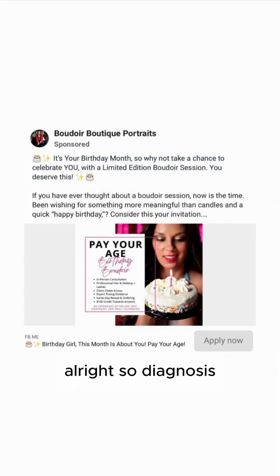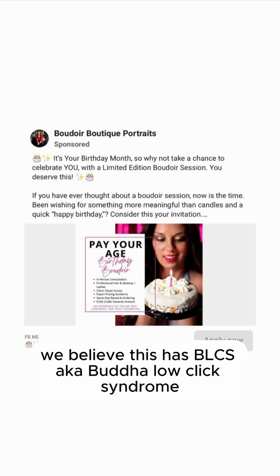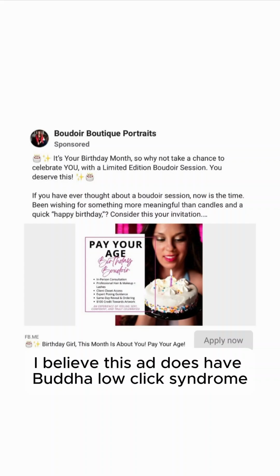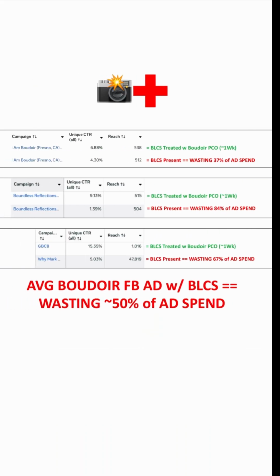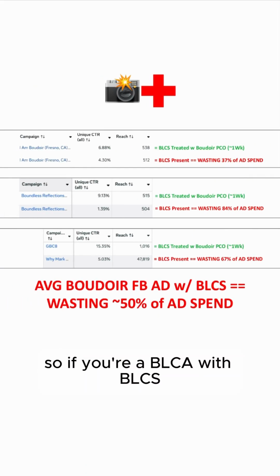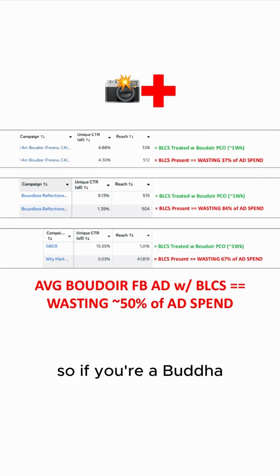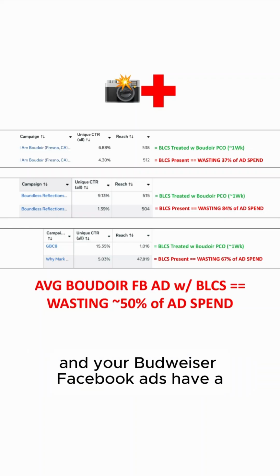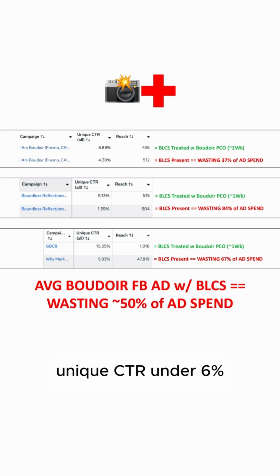All right, so diagnosis: do we believe this has BLCS, aka boudoir low click syndrome? Yes, I believe the unique CTR is under 6%. Therefore, I believe this ad does have boudoir low click syndrome. So if you're a BLCA with BLCS, so if you're a boudoir low click advertiser with boudoir low click syndrome, and your boudoir Facebook ads have a unique CTR under 6%,